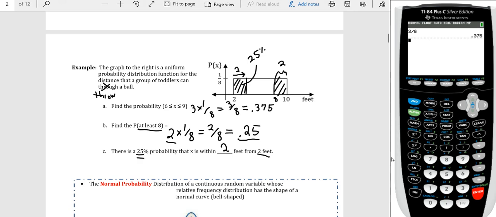Now thankfully for us, we already solved that, so it was a lot easier to find 2 here. But if we didn't, we could have also solved that using a formula. We know that the width times the height should equal the area. So if I know that the final resulting area should be 0.25, and I know that the height is always 1/8 for a uniform probability distribution,